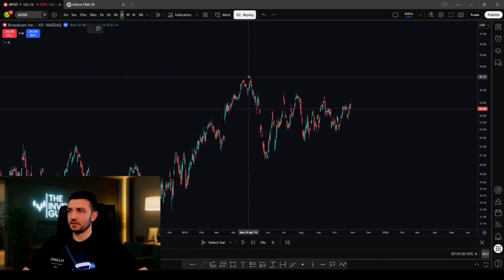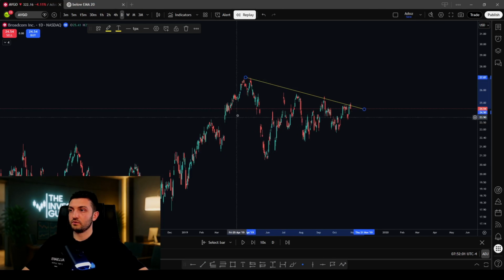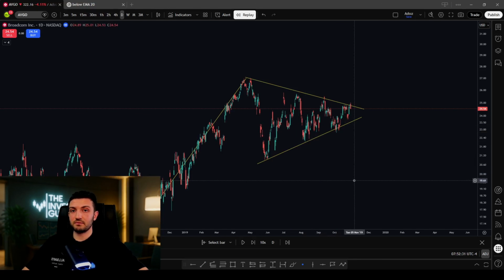In this example, you can clearly see price accumulating in a tight range. If you are a trendline trader or pattern trader, you will immediately draw this line. You will assume that this is a downtrend and price is stuck in a narrow range. You can also say that this is a bull flag. But it really doesn't matter what shape you see, because this is monkey science. This has nothing to do with technical analysis. You just connect the dots.